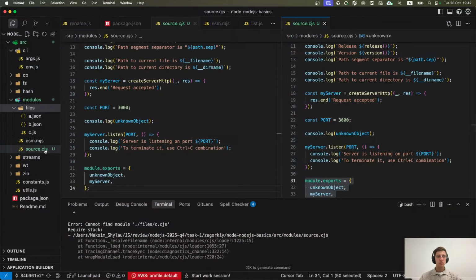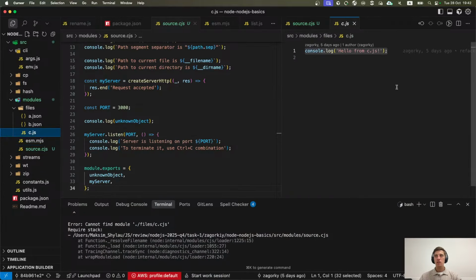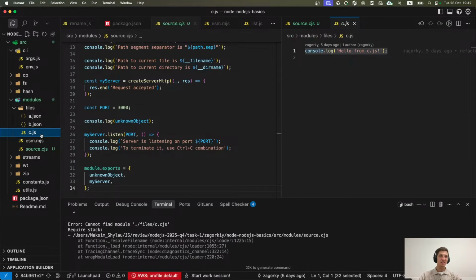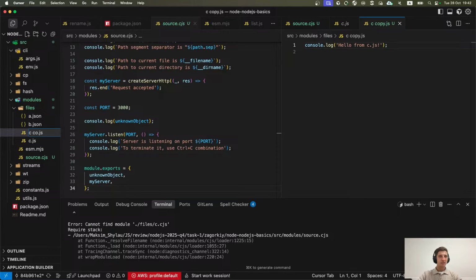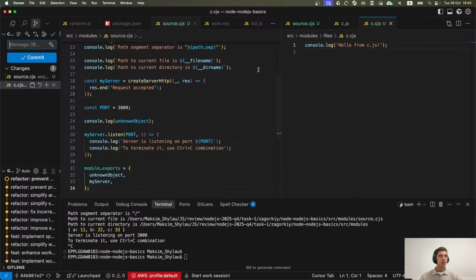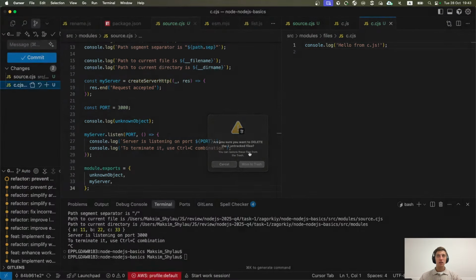CJS. Why CJS? Okay. It also expects that we will have a CommonJS module here. But yeah, this file also works just fine. So everything is correct.